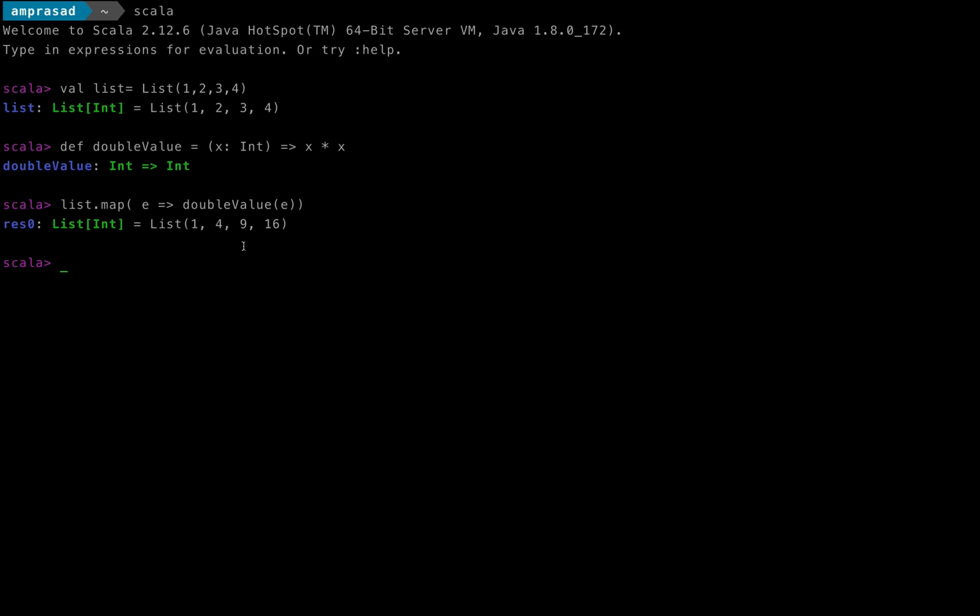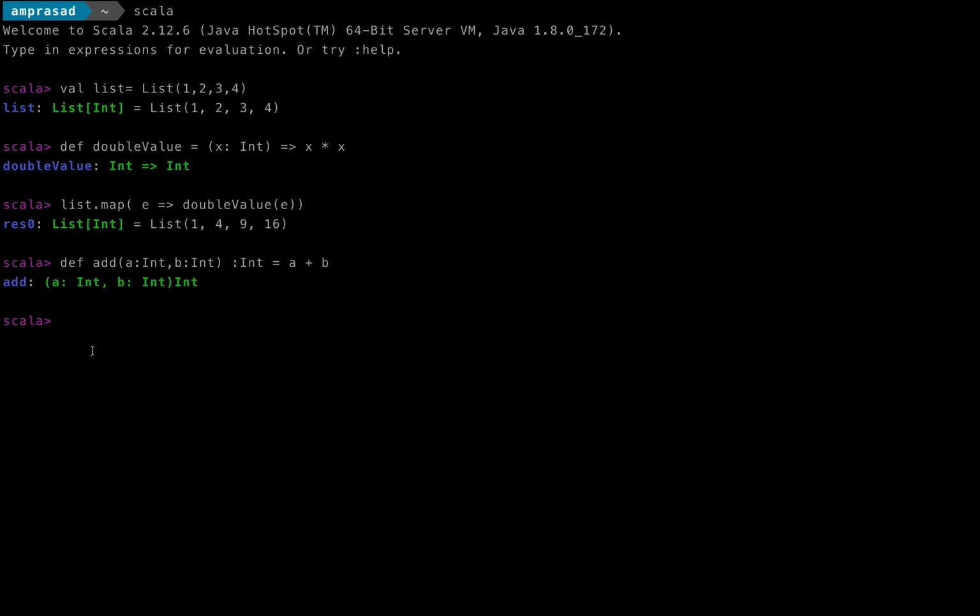Let's define one small function, def add, with values a and b. The return type will be Int, and we simply add the values a and b. Now we have the method add. This logic is separate here. Now we will see how we can call this function by passing it into some other function.